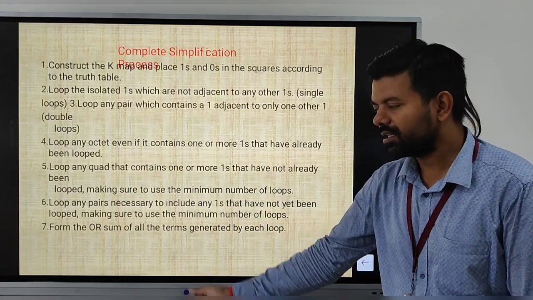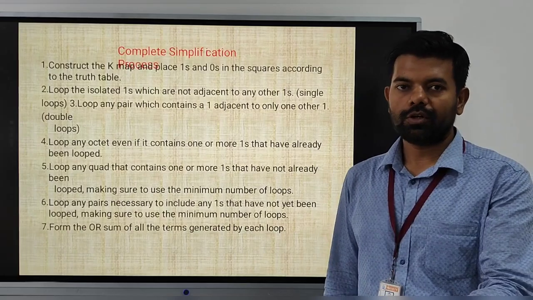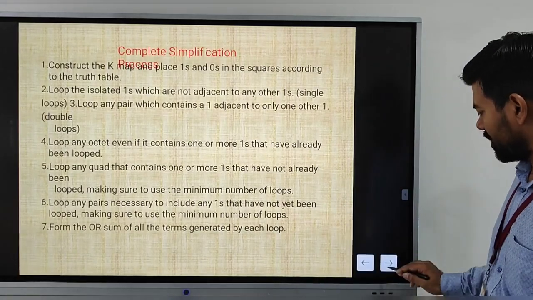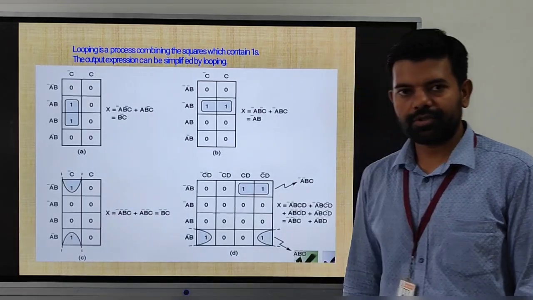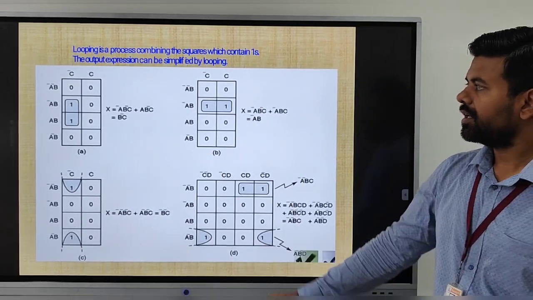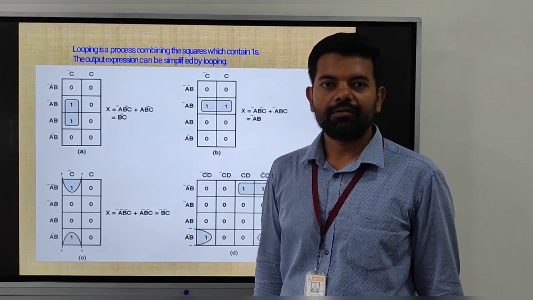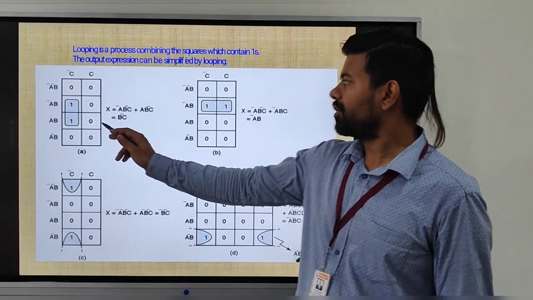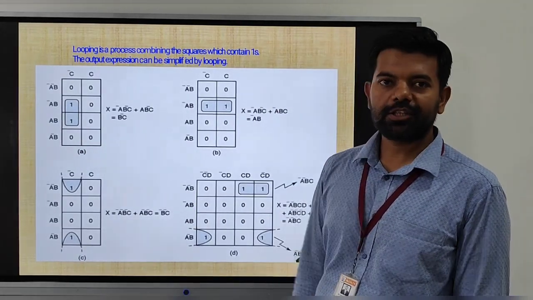Okay, so these are the few laws that we have to follow to solve or simplify the K-map. Now we will see these are the K-maps. Okay, how we will do the looping. First we will see the square looping. This is the one and this one. This is adjacent in vertical columns. So what we have done, we just loop it. Okay, now how to write the expression?